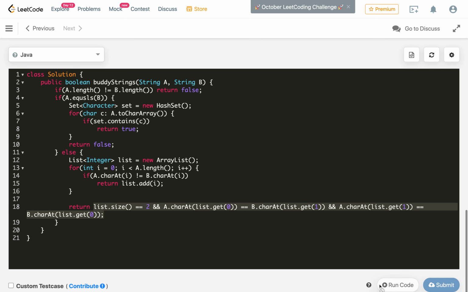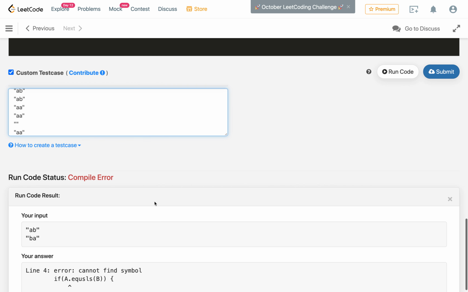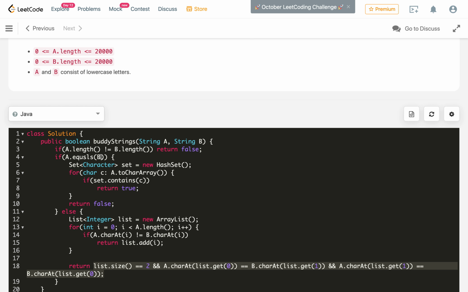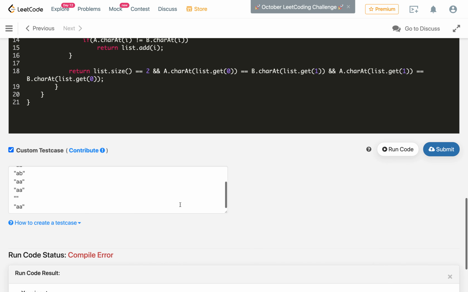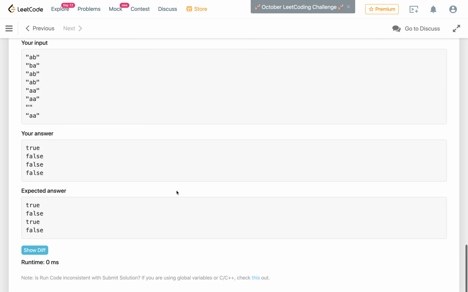So let's compile our code and add some custom test cases, A, B. There is a compilation error, we'll check it, but let me put in some custom cases: A, and then an empty string, 1 A. So here, what is that, A equals B? There is a typo, it should be A, not A equals B. Is there any other? No. Let's compile it again with all the custom test cases and see if it is working.